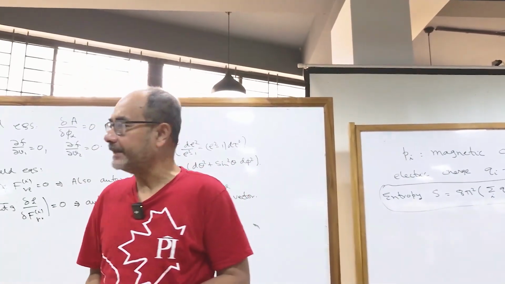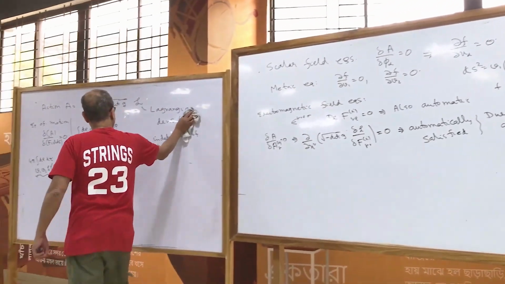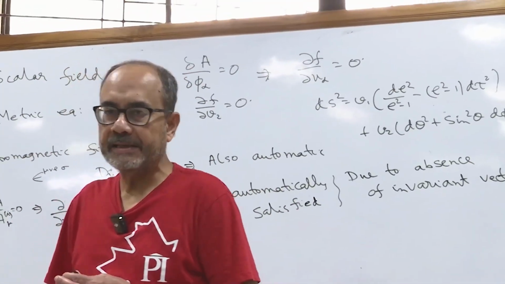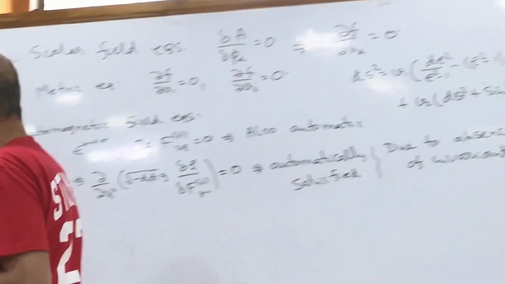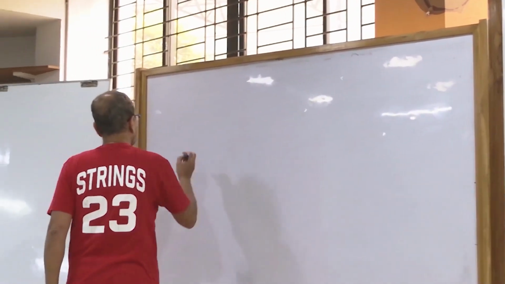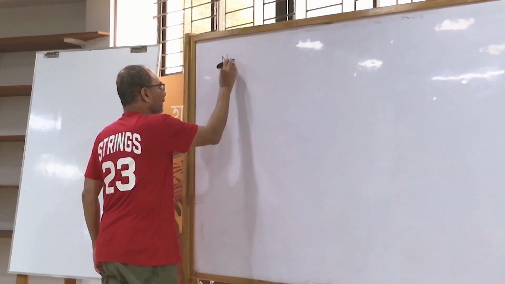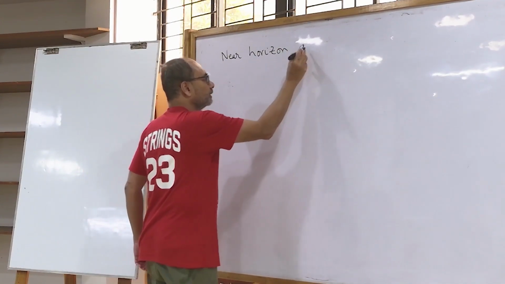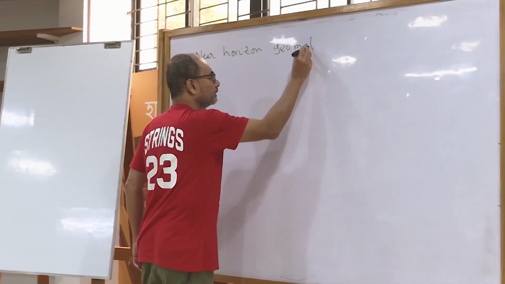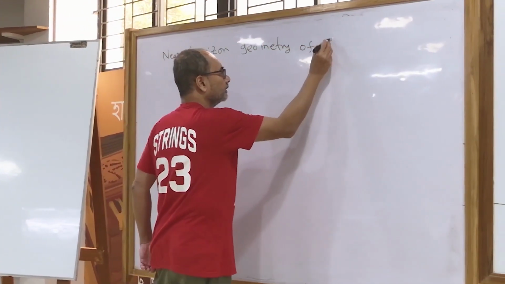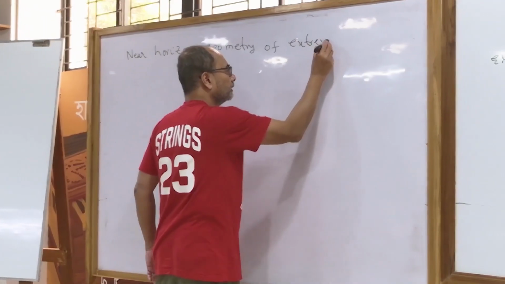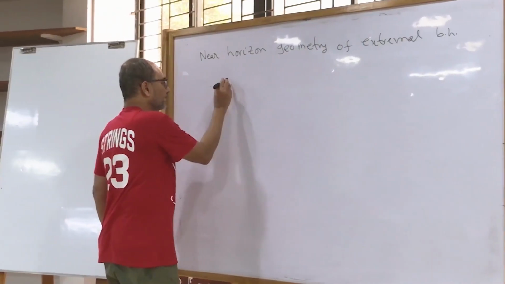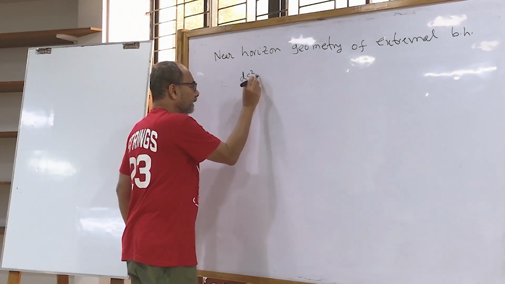Okay, so let me at least summarize the results that we had gotten. First we used the symmetries to fix the form of the near horizon geometry of an extremal black hole. So, near horizon geometry of extremal black hole. So, the metric was